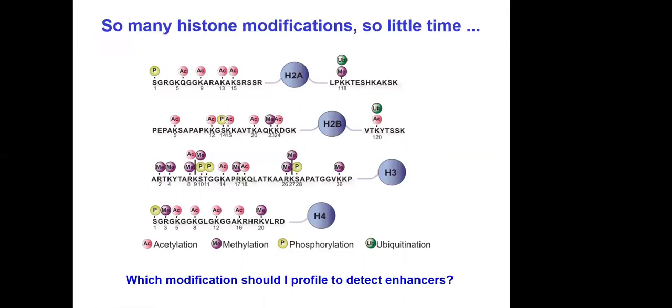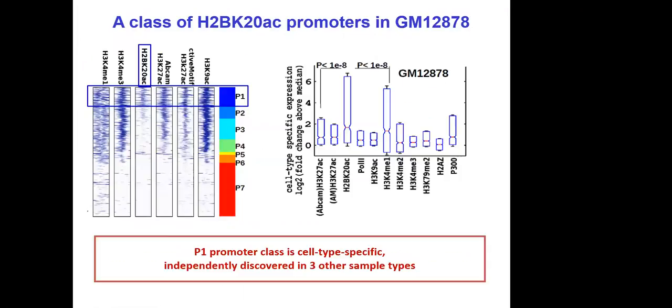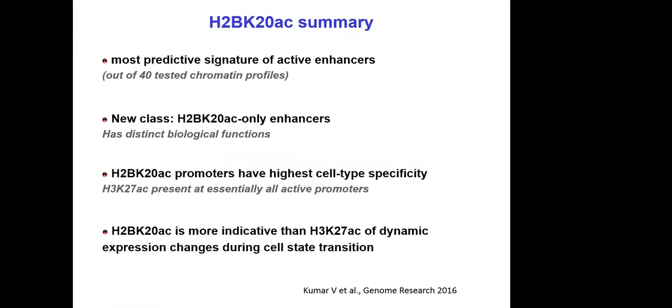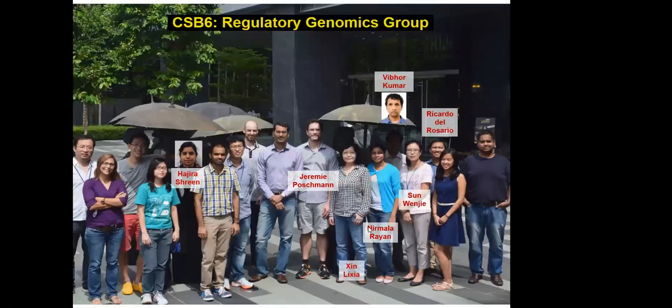So that's it. We're out of time, so I'm going to skip the second part of my study and jump straight to the acknowledgements. Most prominently, I'd like to acknowledge Wenjie, who did the bioinformatics for this study, and Jeremy, who did all of the experimental work for this autism study. And they were assisted by Shreen and Lisha on the wet lab side. And Rick, of course, developed a lot of the bioinformatic methods for this. And Vibor also developed some of the other ChIP-seq peak calling bioinformatic methods.